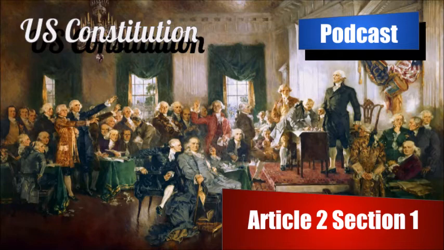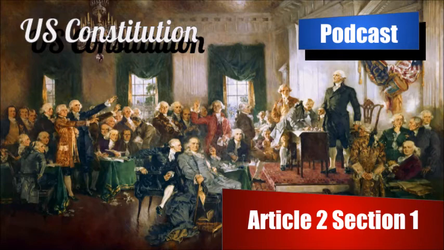Must be a natural-born citizen, born in the United States or born to at least one American parent. The provision for a citizen of the United States at the time of the adoption of this Constitution exists because no one would have been born a citizen of the United States prior to there being a United States. They would have been British citizens or citizens of some other country, so they had to write in a provision for that. Neither shall any person be eligible to that office who shall not have attained to the age of